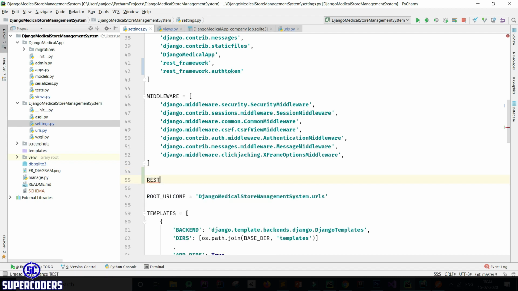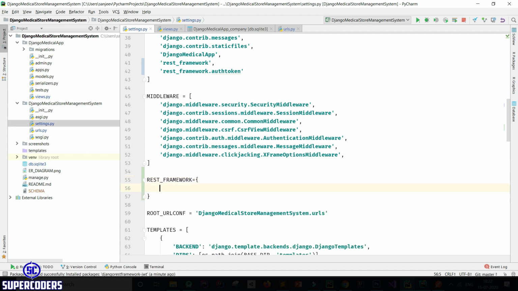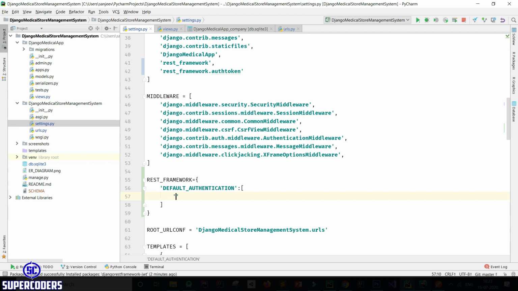So REST_FRAMEWORK equal to a dictionary, first adding DEFAULT_AUTHENTICATION_CLASSES, then pass an array, then pass rest_framework_jwt.authentication.JSONWebTokenAuthentication.